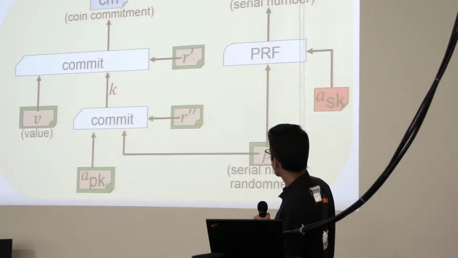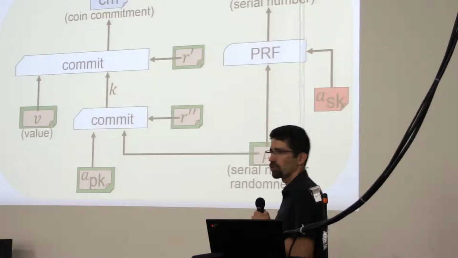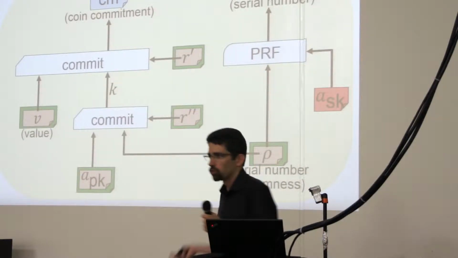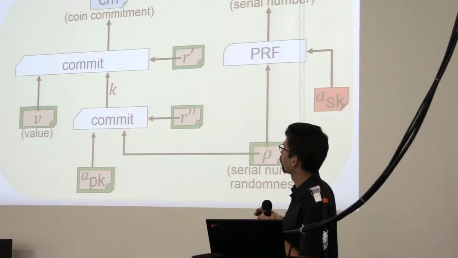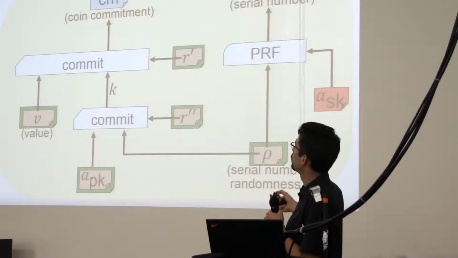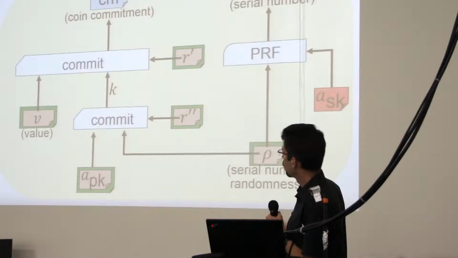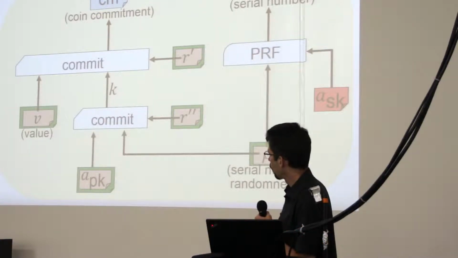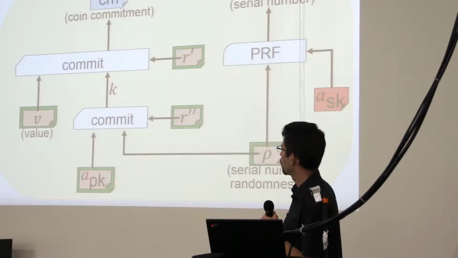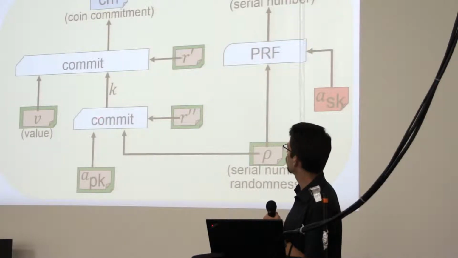But now there are other things going into this commitment. First, there's the address of the destination. Now, in order to have an address, you need to create one. So we introduce a new algorithm for creating addresses. The payee creates a public key and a secret key. They publish it, and in order to create a valid coin, I will need to have the payee's public key be part of the inner